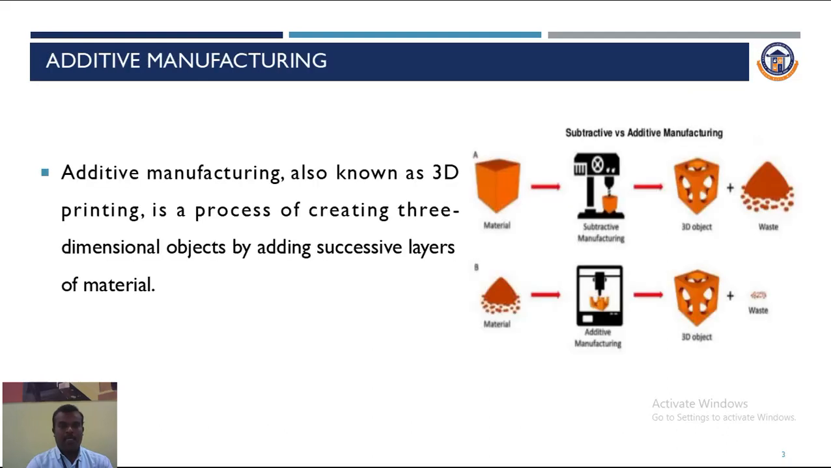Then additive manufacturing. All of you know about the printer. The same thing will be done in additive manufacturing. Additive manufacturing is also named 3D printing or rapid prototyping. The process involved is that we create three-dimensional objects by adding successive layers of materials. Like, for example, in a 2D paper printer, the document can be